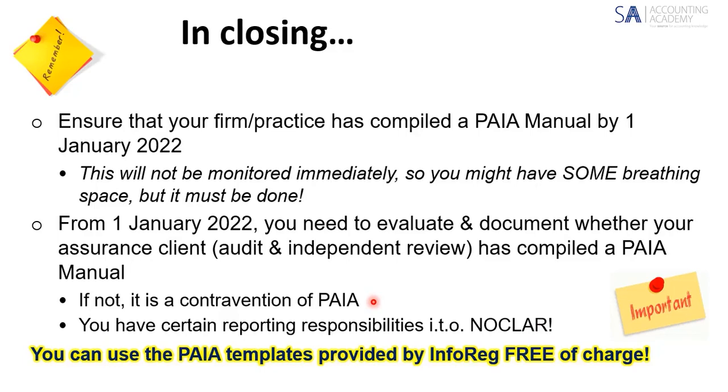Depending on how serious the mere fact that they don't have a manual is, you then have to go into your little reportable irregularity box. If it's an audit, you'll report it to IRBA. If it's an independent review, you'll report the reportable irregularity to SIP-C. But very important, depending on the definitions of reportable irregularity, you will then need to decide whether or not to report it as an RI. If not, you might just have a reporting responsibility to your client.